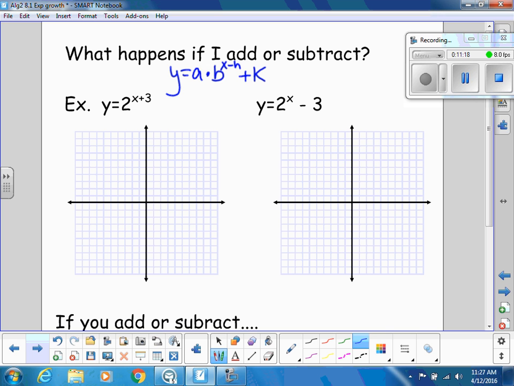Okay, so if I have X plus 3 in my exponent, my H value, remember, is always opposite, so my H value is negative 3. So that means it's going to shift to the left 3. Okay, so again, if I take all of this, and this is why, if we were to do our t-chart again,